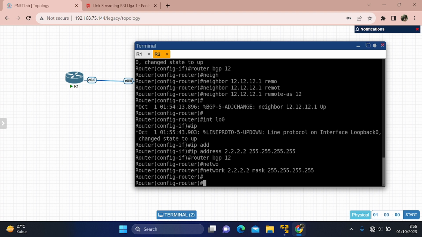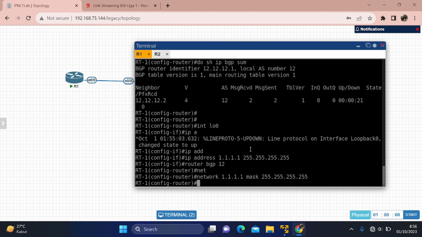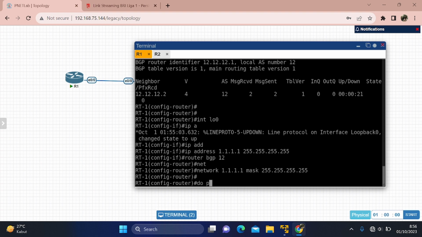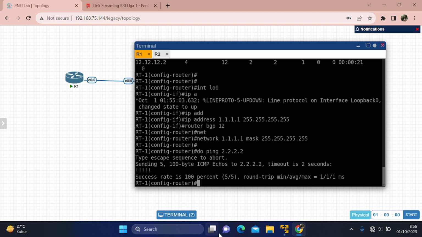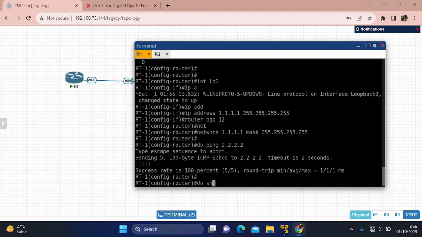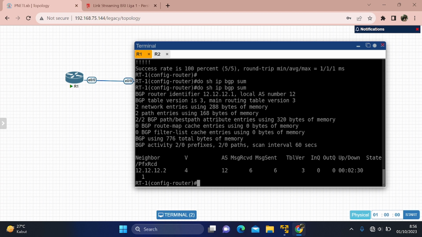After you create the IP loopback in router 1 and router 2, we must do ping 2.2.2.2, and this is the successful ping, and then we check do show IP BGP sum.